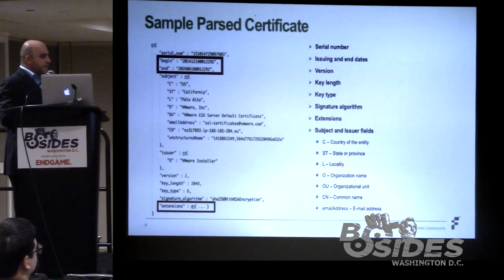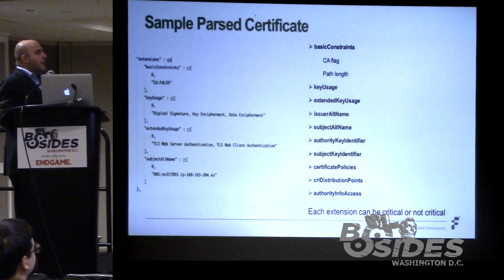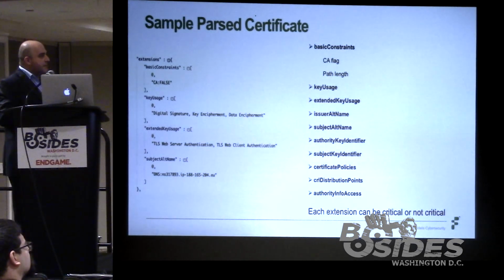Another important thing in certs is extensions. These are additional fields that can be present in a cert. I'm going to zoom in on the extensions here. The ones present in this cert are basic constraints, including the CA flag. Is this a certificate authority? There can be another field called path length, meaning how many certs can be authorized in a chain. The 0 here means